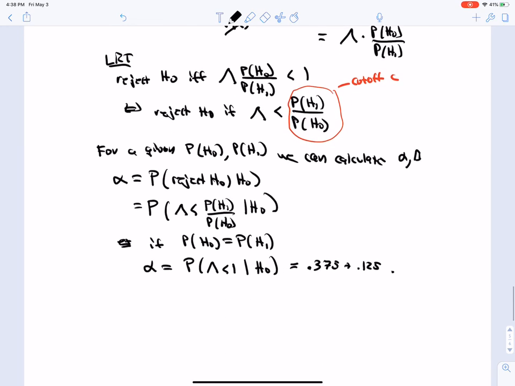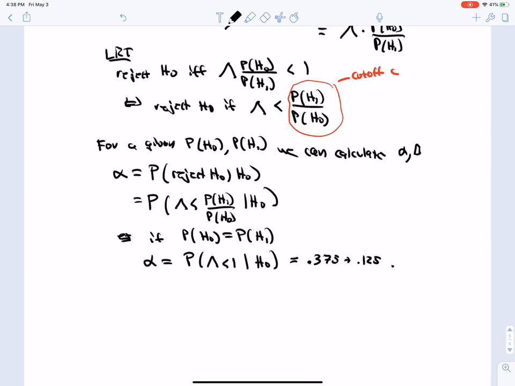So then, of course, you still have alpha and beta errors. Alpha is the probability that you reject h0 given that h0 is true, and you can find that. So for example, in this case, if the probability of h0 is equal to the probability of h1, so let's say you don't have any opinion about whether you have coin 0 or coin 1, then we reject if lambda is less than 1 given the null, and you can check from the table that this